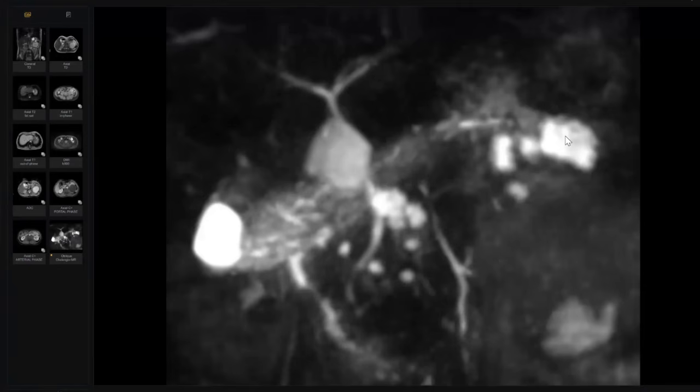To rule out whether this cyst is communicating with the main duct or with a side duct or not. Why? To rule out IBMN. Okay? Yes, sir. To rule out this one, doctor, I'm not sure whether this is IBMN or not. No, it's not a big issue. At least there are some cysts we are in doubt about. But here in the fusion,